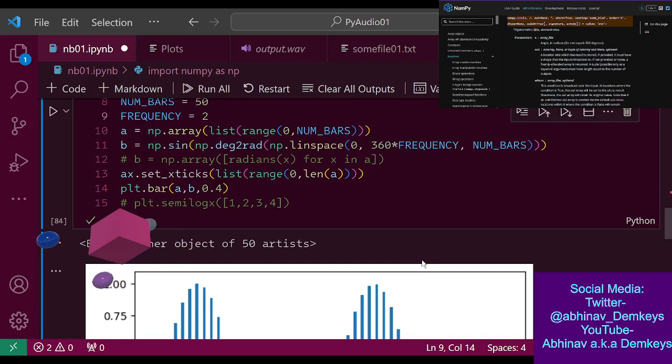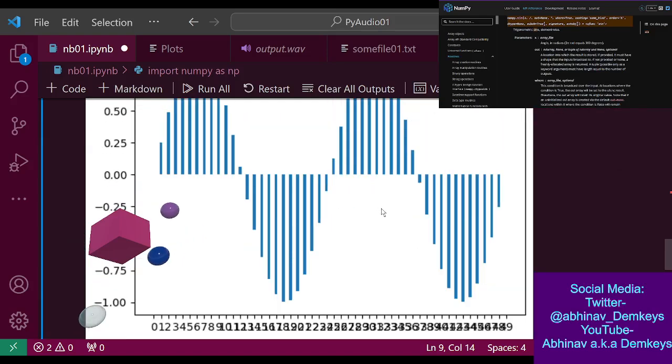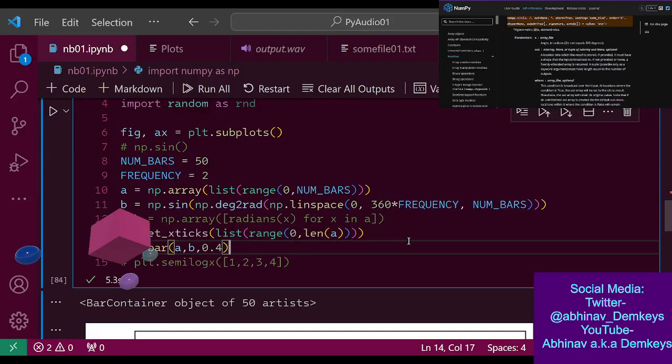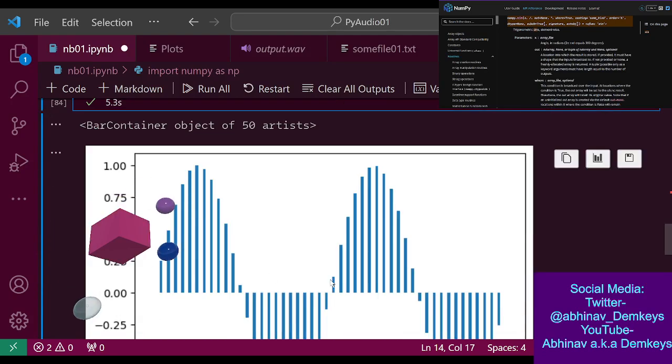So what I'm doing here is I started the stream trying to do audio programming. I'm using PyAudio to record audio from the mic, but then I kind of got distracted trying to plot the data onto a graph. So that's what I'm doing here now using matplotlib. I generated the sine wave and I'm plotting that on here.